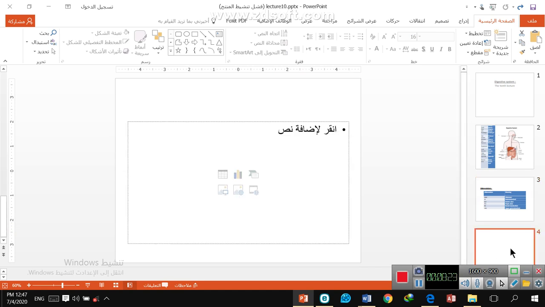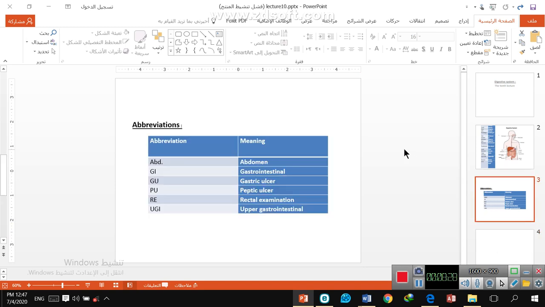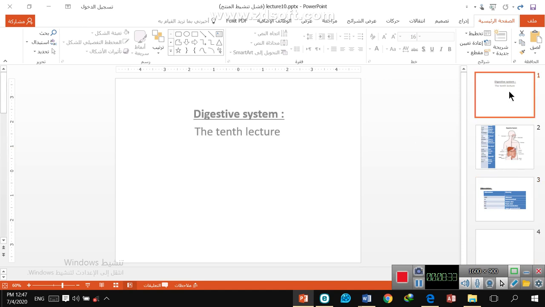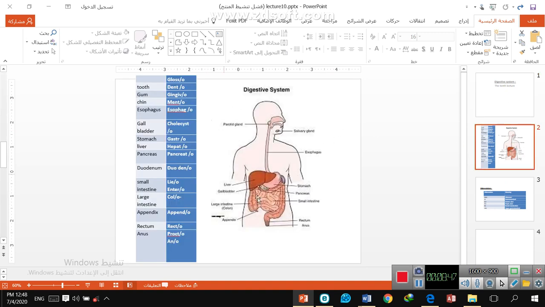As I told you, in this system, the digestive system, we discussed two things only. We discussed the roots and the meaning, the roots that we use in medical words or medical language, that is called Latin or Greek, and the meaning of the term. Then we gave you just the diagram to show you the position of these parts or terms. Then after we explained all the parts of the digestive system in English and Latin, and how to analyze them or know their meaning,